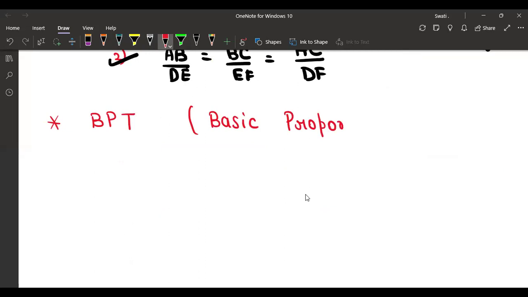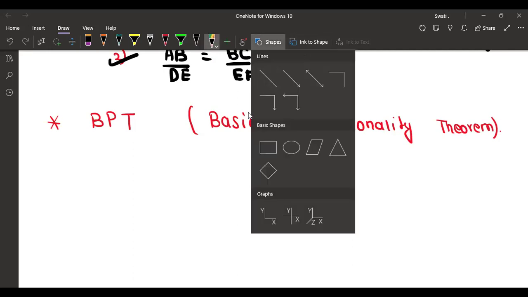So, basic proportionality theorem, BPT in short form, of course. Whenever you use this theorem, instead of writing basic proportionality theorem, you can also write BPT. It depends on the teachers also. Otherwise, you can just write the full form. So, what is BPT? Let us understand. This is a theorem, okay? And